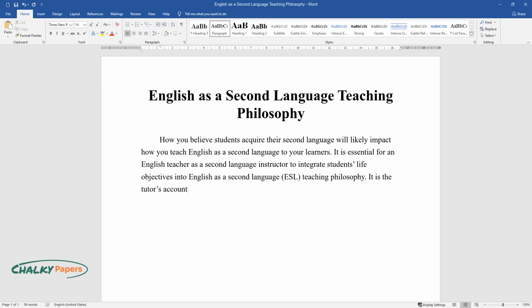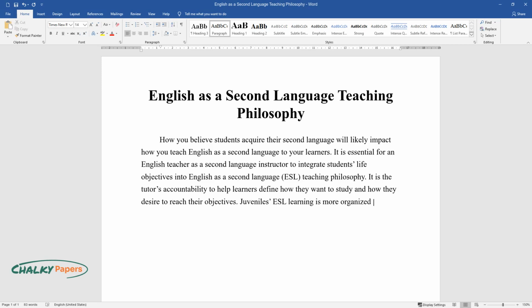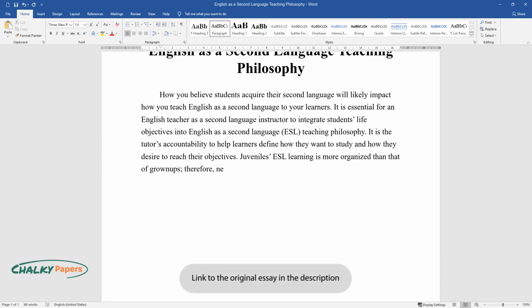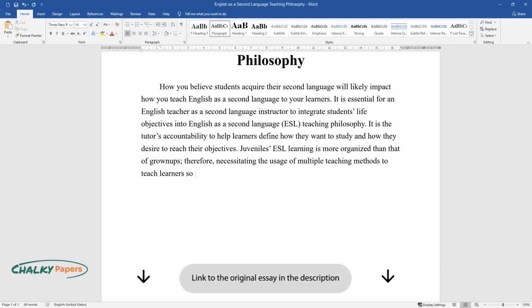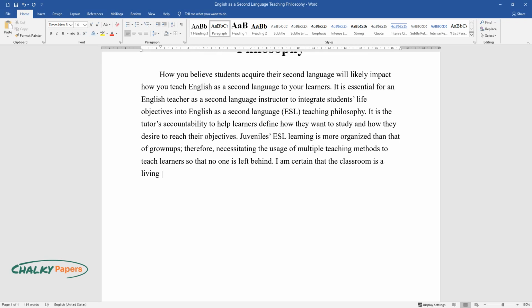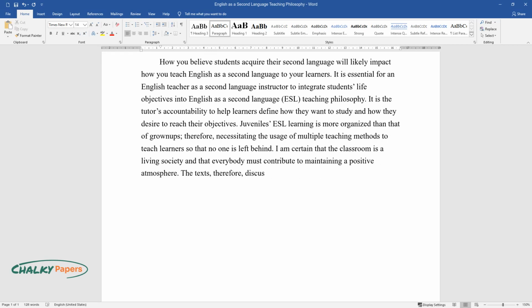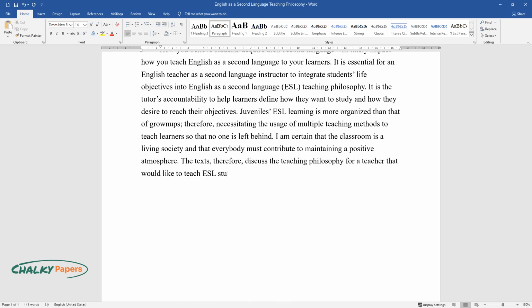It is the tutor's accountability to help learners define how they want to study and how they desire to reach their objectives. Juveniles' ESL learning is more organized than that of grown-ups, therefore necessitating the usage of multiple teaching methods to teach learners so that no one is left behind. I am certain that the classroom is a living society and that everybody must contribute to maintaining a positive atmosphere. The texts, therefore, discuss the teaching philosophy for a teacher who would like to teach ESL students and how they